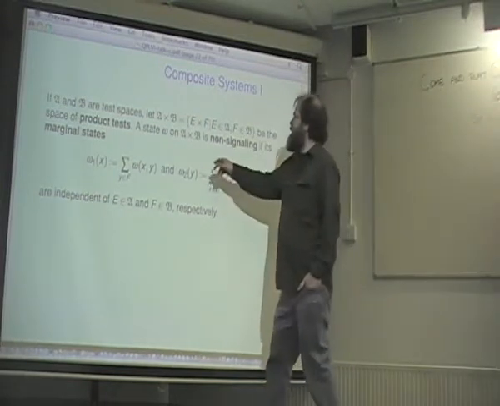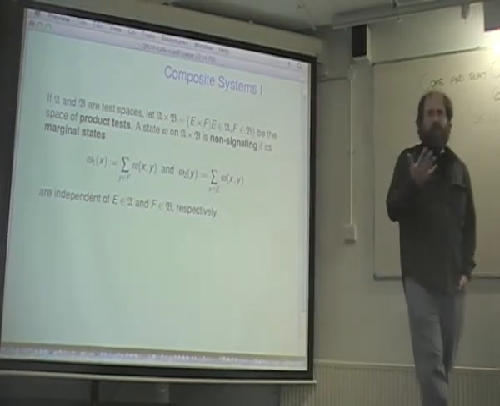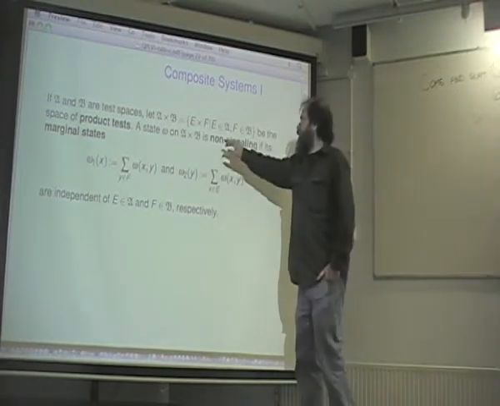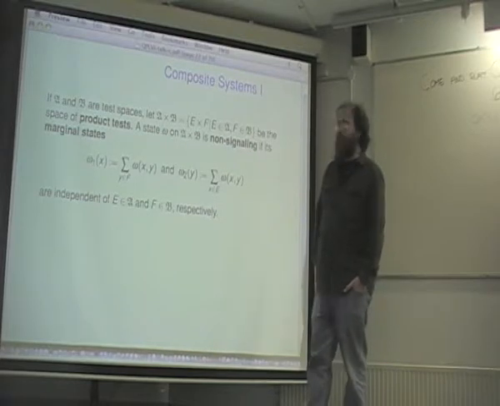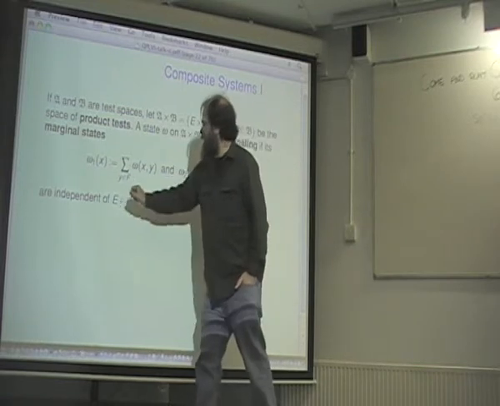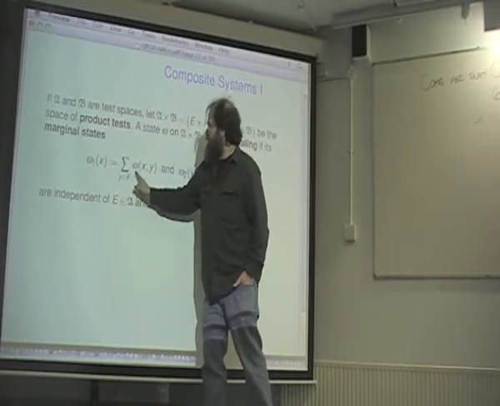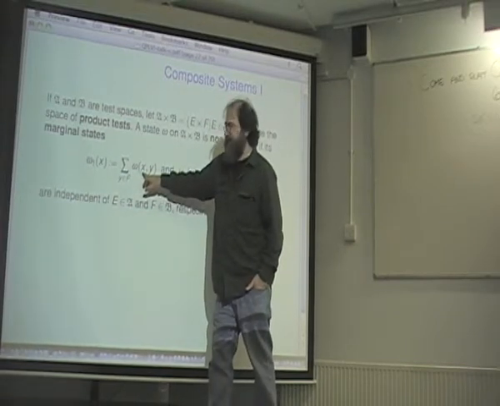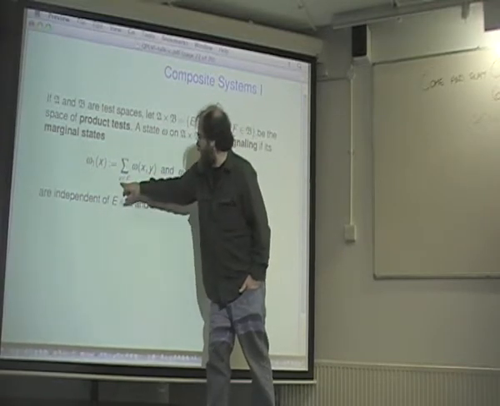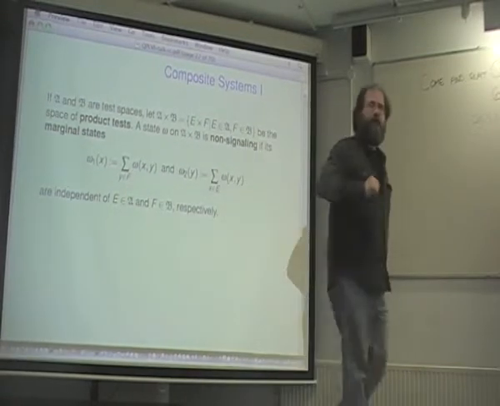Now, a state on A cross B is what I would mean pretty generally by a bipartite state, or is one thing I mean by bipartite state. Call that state non-signaling if it has well-defined marginal states. In other words, call omega non-signaling if the marginal probability of getting outcome X on the Alice side, calculated by summing over the probabilities in state omega of getting outcome X for Alice and outcome Y for Bob, over all of Bob's possible outcomes coming from test F, is independent of which test Bob has performed.